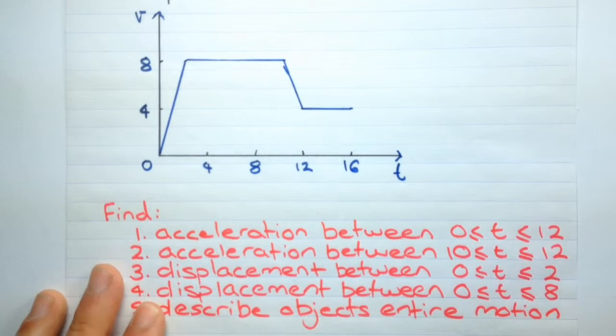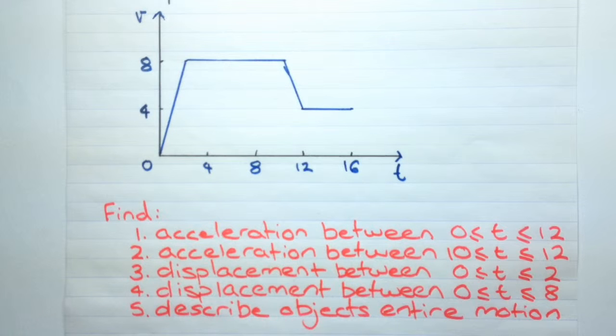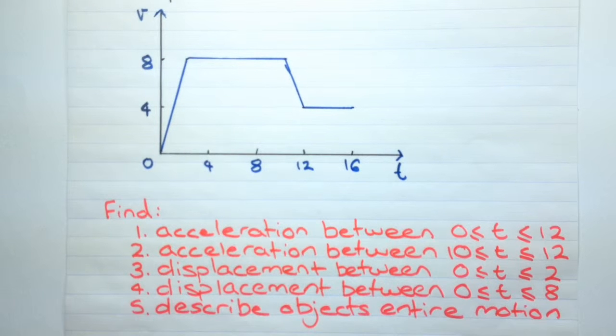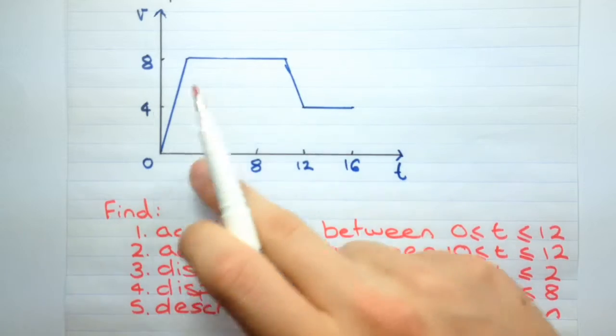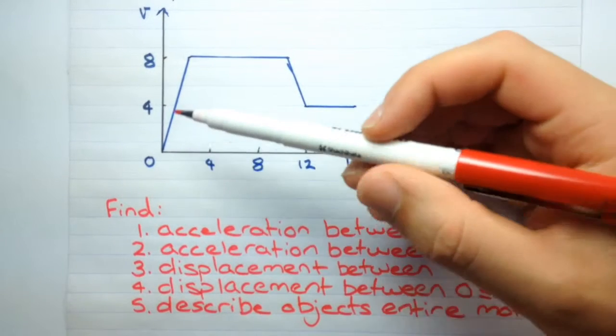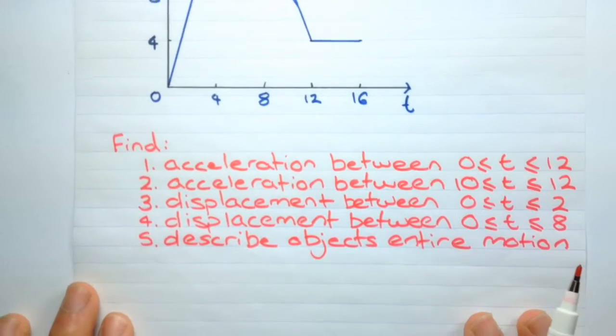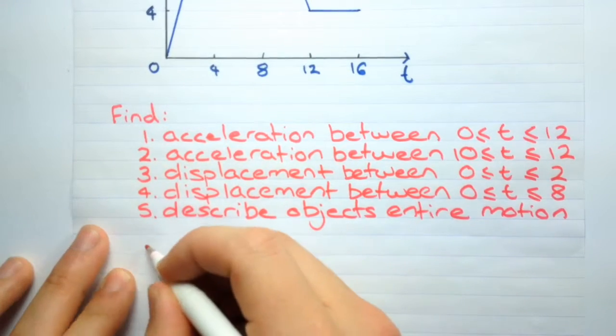It's a velocity versus time graph, and we've got a few questions. So, number one, can we find the acceleration between times 0 and 12? So let's see, the acceleration is actually the change in velocity over a certain time. So over 12 seconds, the velocity changes from 0 to 4, right? So if we just write that down here,